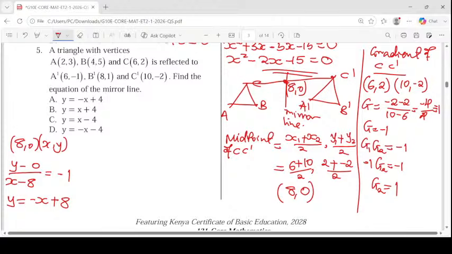So when you bear that in mind, how did I get my midpoint? Let me see. My midpoint, when I join the two,